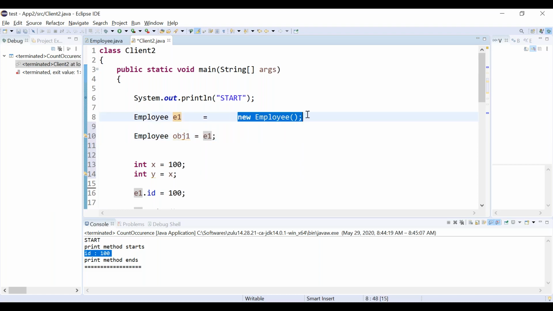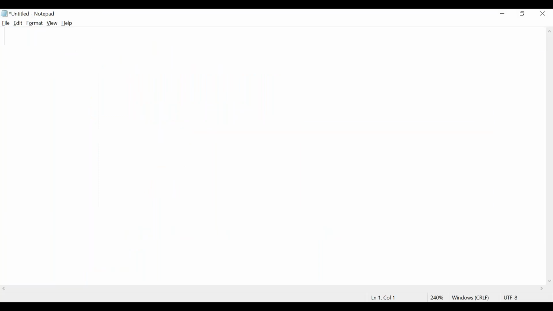No, only one object, because you used only one new keyword. You have assigned the e1 reference to obj1. Now wherever e1 is pointing, obj1 also will be pointing.